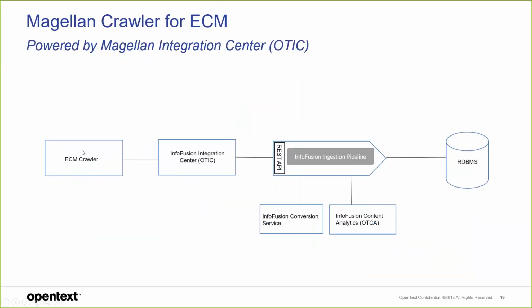So again, in more simple terms, the ECM crawler uses the integration center, and then it sends that information to the pipeline. We actually have a conversion service here. So if it's a PDF, for instance, we want to convert that to text. For the purpose of our conversion service, for the most part, we use Apache. I'll remember the name in a second. But we actually use an Apache tool to convert the different documents to text, because it's important to note